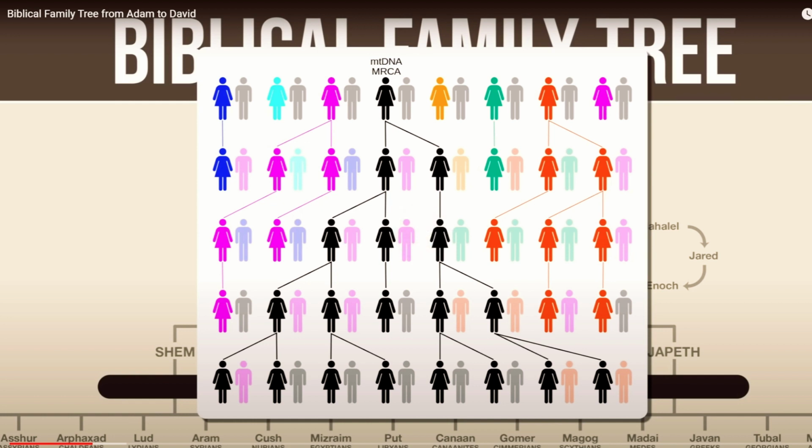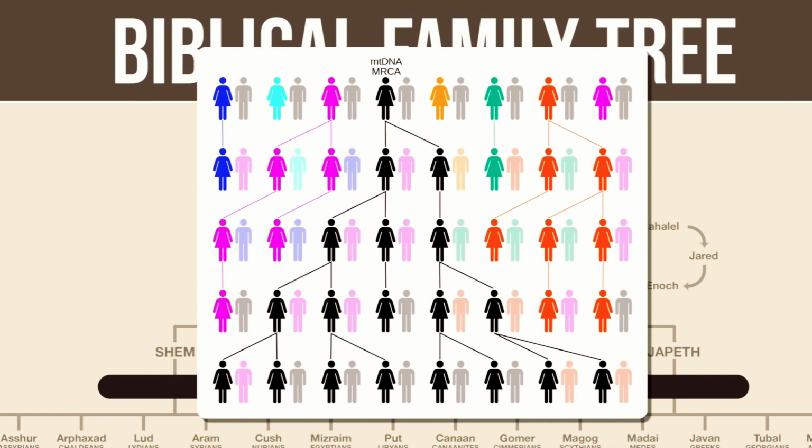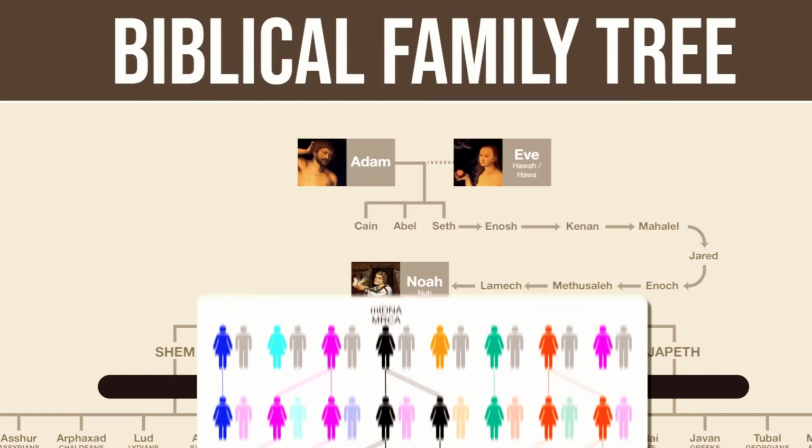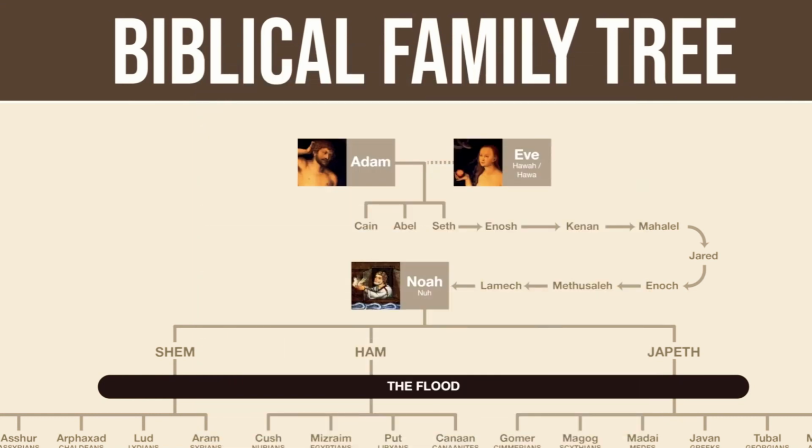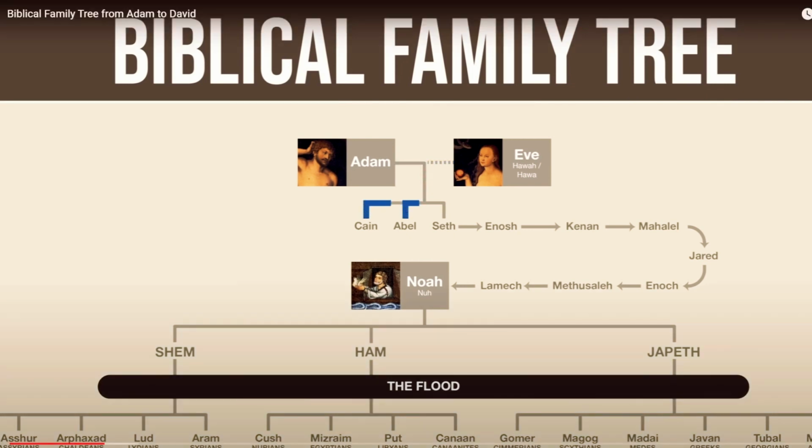I hope to cover the science behind all of this in a separate video sometime next year. But back to the Bible. According to the biblical account, Adam and Eve were a couple, and initially the only two humans on Earth. Eventually, though, after getting kicked out of the Garden of Eden, they had two sons named Cain and Abel. Was it on Earth? It was paradise, but was it on Earth?